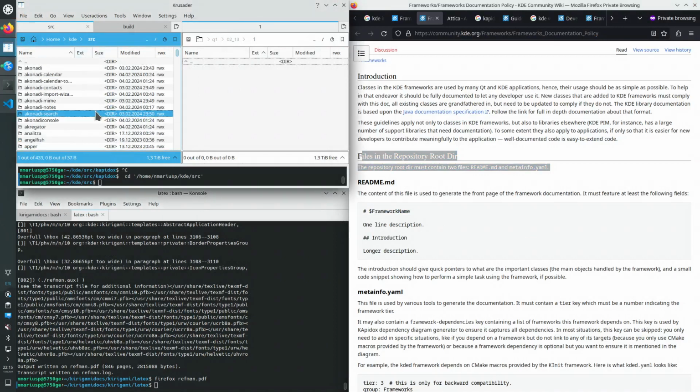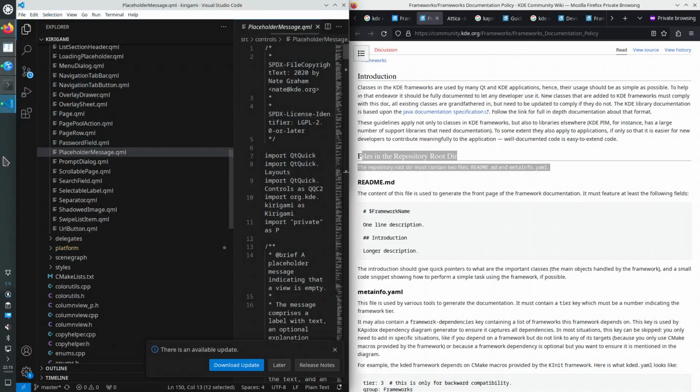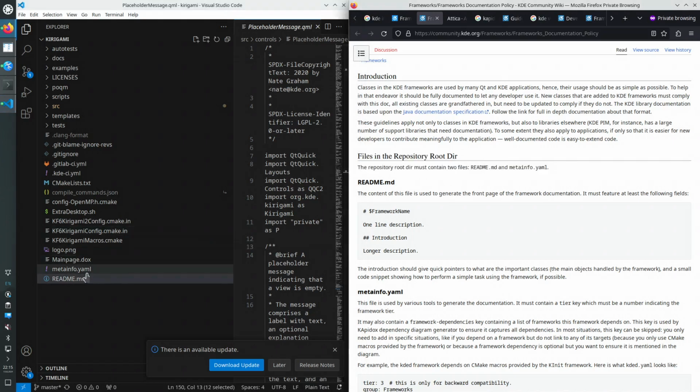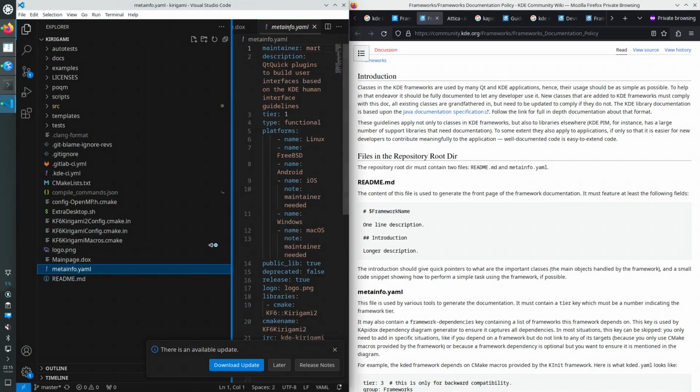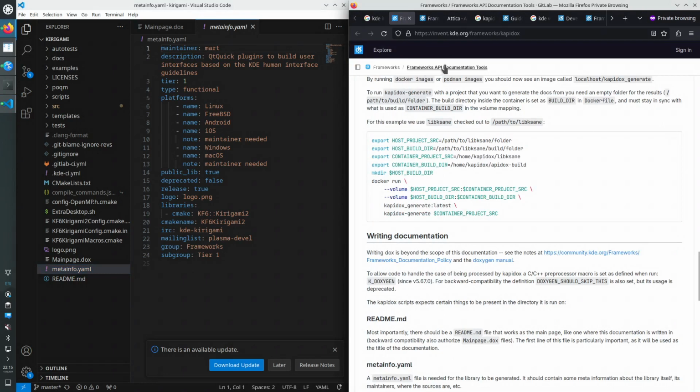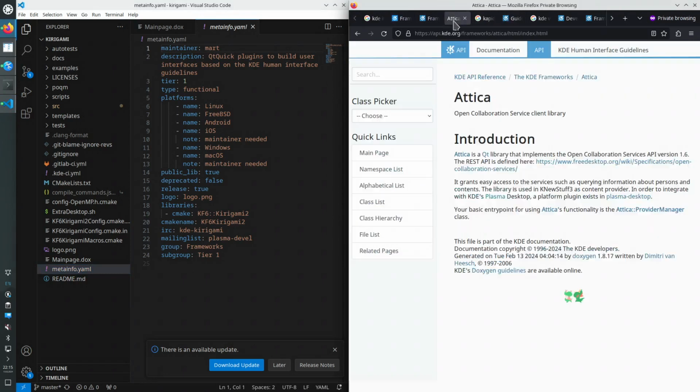Where is Kirigami? We need to have a file that's named readme.md or metainfo.yml. There's such a metainfo.yml, which generates this part